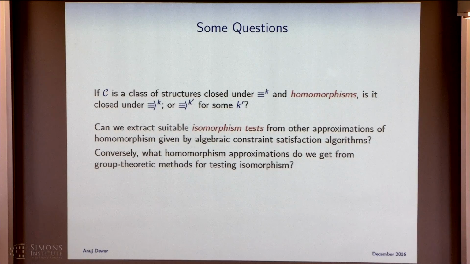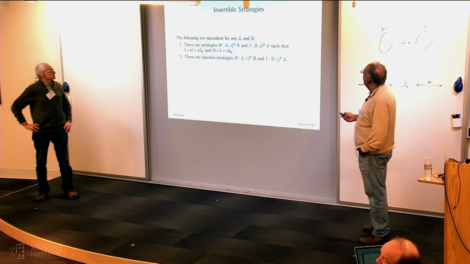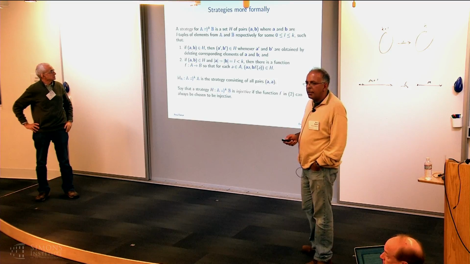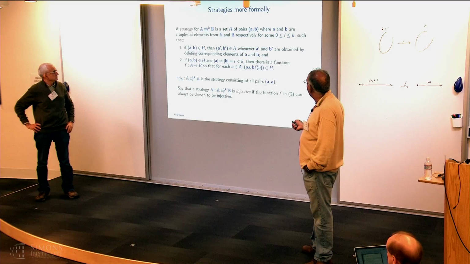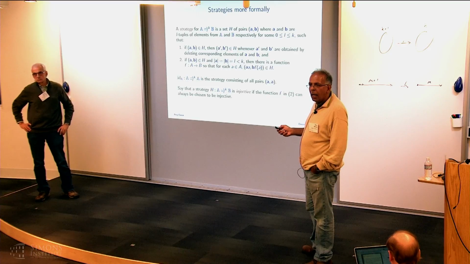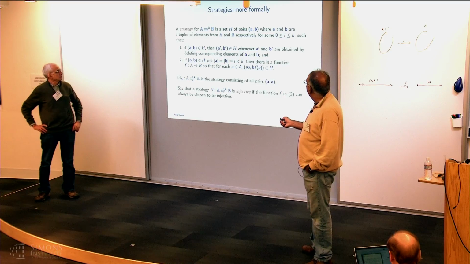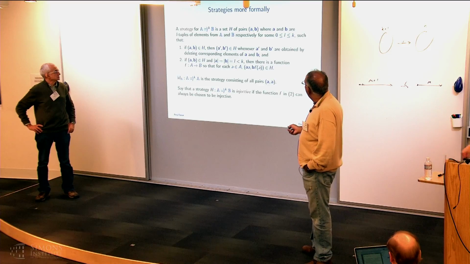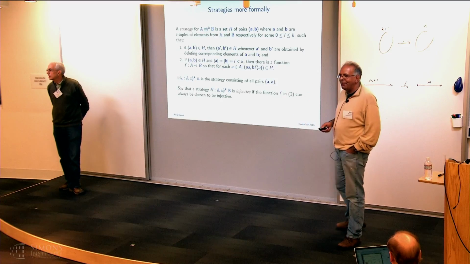Could you please go back to the slide where you first showed the strategy with the function in there with the two characters? Yeah, here. Okay, now in the second condition there you have f of a at the end. Right. I'm extending the tuple A with the element A and the tuple B with the element f of A. But shouldn't the function depend on more than just A? Well, I'm saying for every pair there is a function. Oh, it's separate for each pair. Yes. Okay, so it's the same way. Okay. Sorry. Other questions?